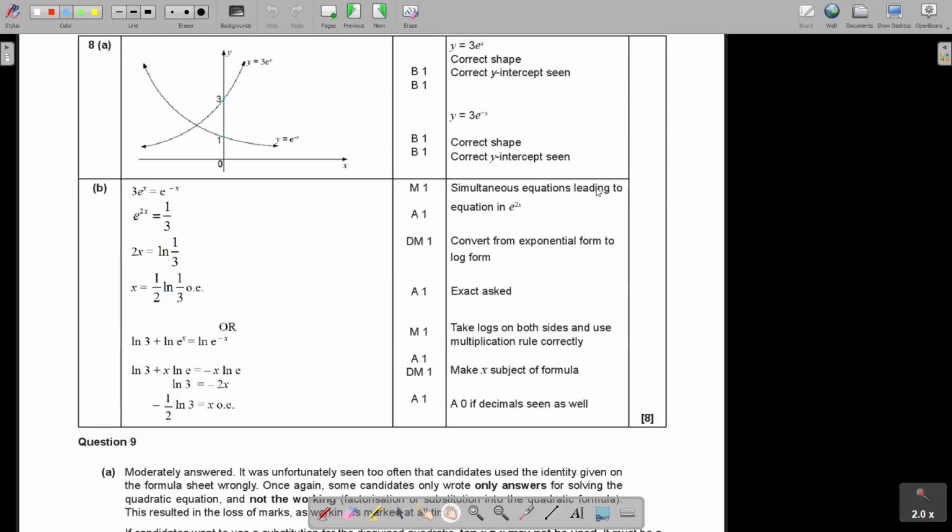I think this is the one that we used, okay? Or they have the other method: take logs on both sides. I think it's a bit more challenging, but maybe some of you prefer this. And the multiplication rule correctly. Okay, so that's what they did there. And then just take note, I just want to show you on that last step, they bring that to the front. Then they divide. But did you see the difference? This is a third and this is 3. So if it's a third, there was a positive in front, and if it's a 3, then the negative was in front. Okay, but both were taken as correct.